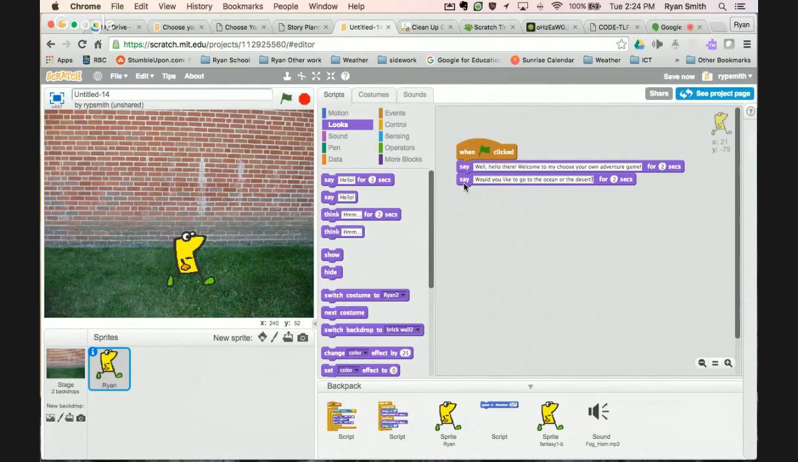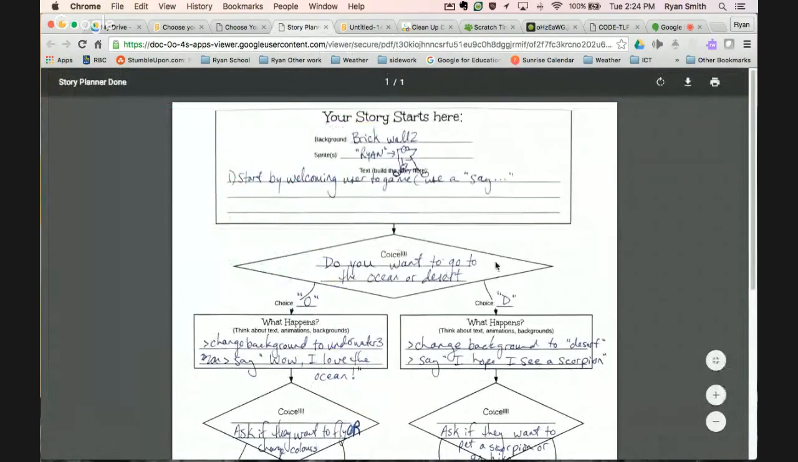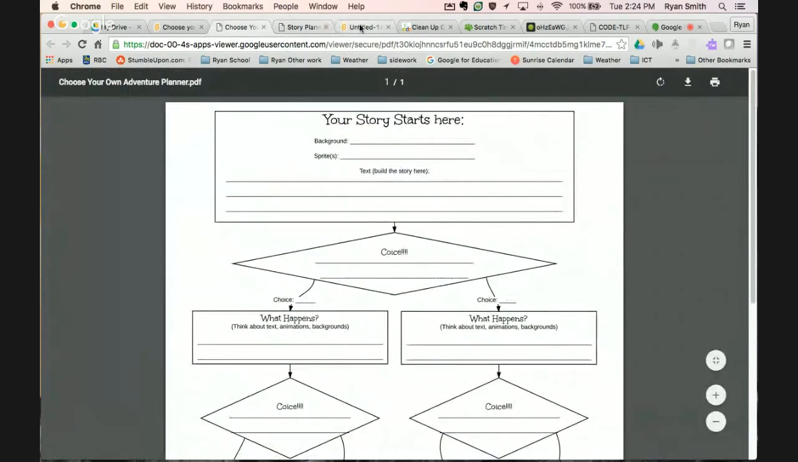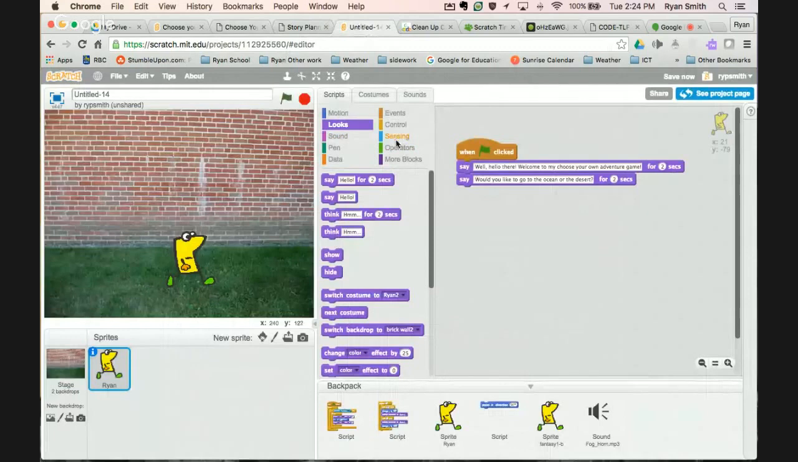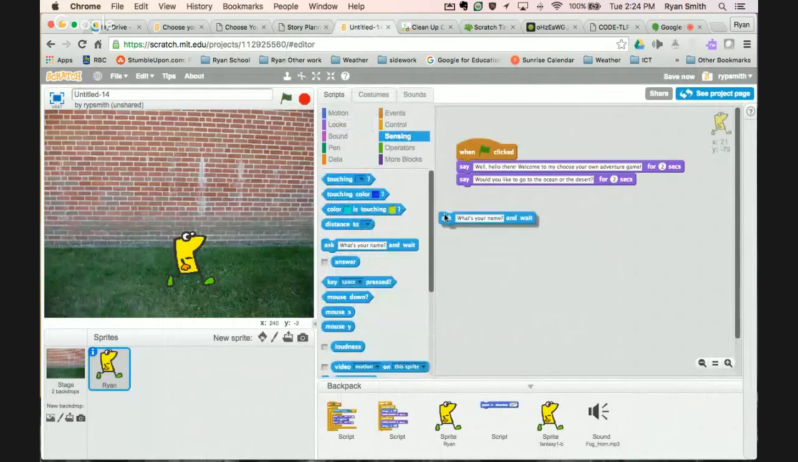So here's the choice. So we introduce from over here. Here's the choice. Do you want to go to the ocean or the desert? So we need to be able to collect that information. So what we're going to use is we're going to use an ask that we've used before. And we'll ask them to